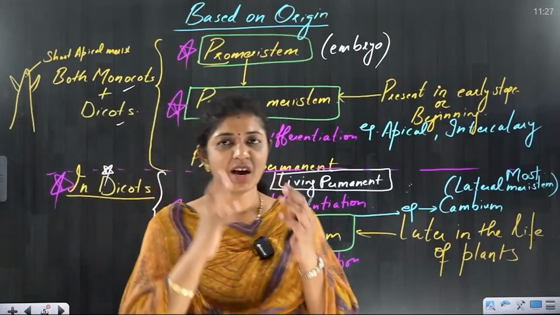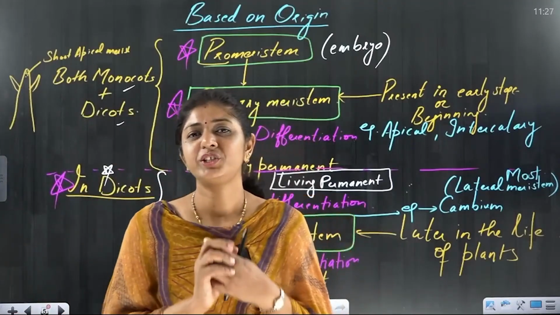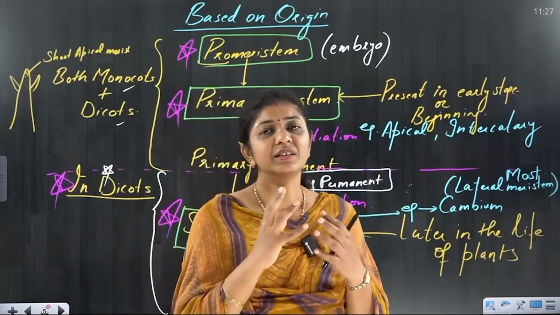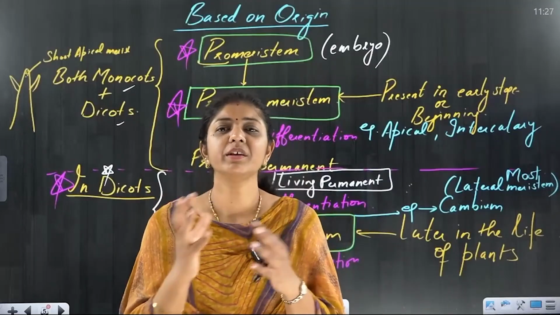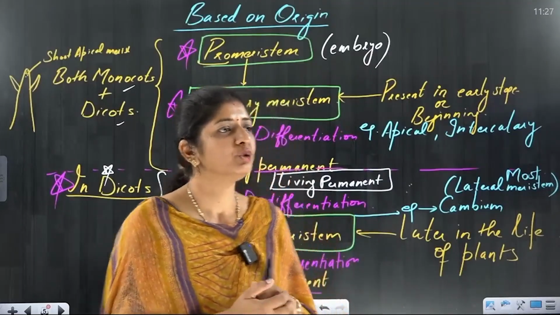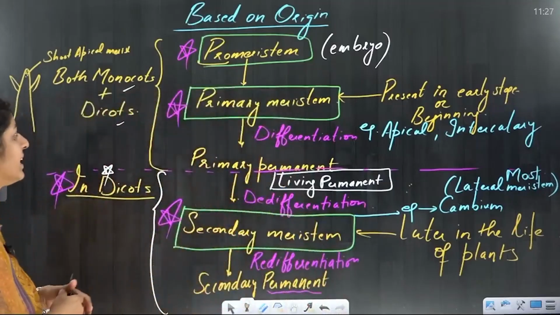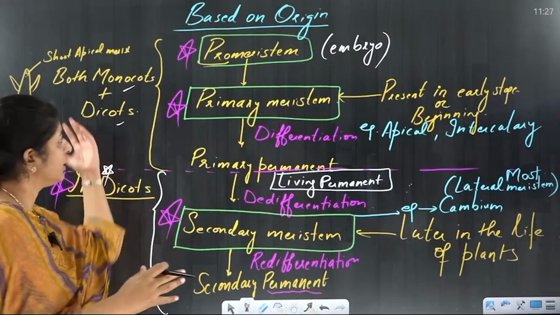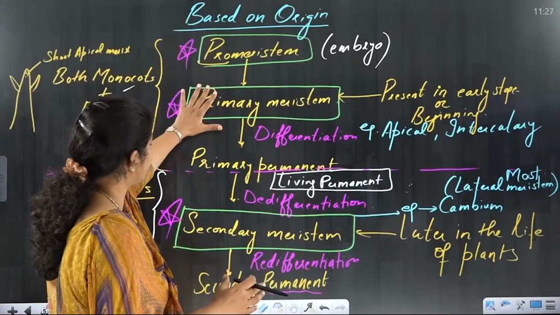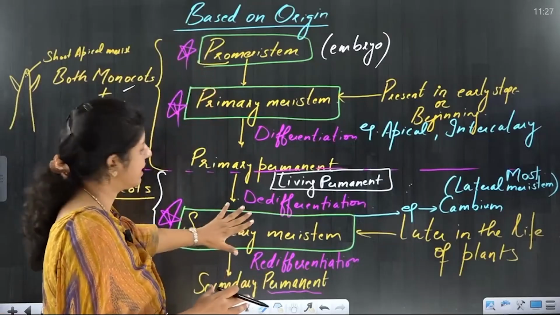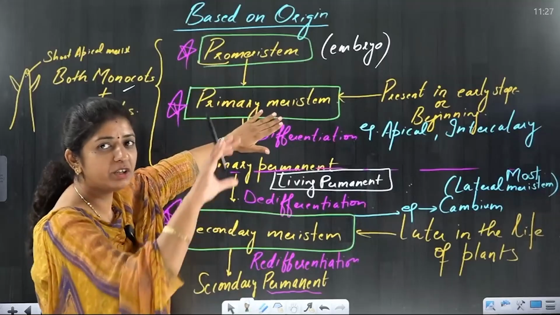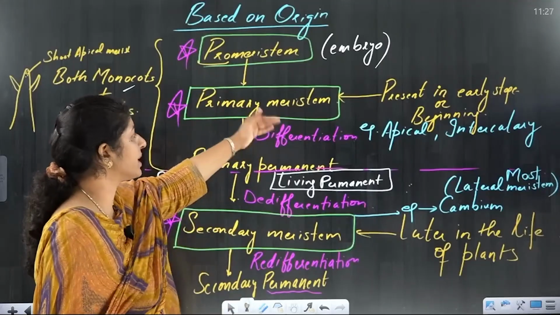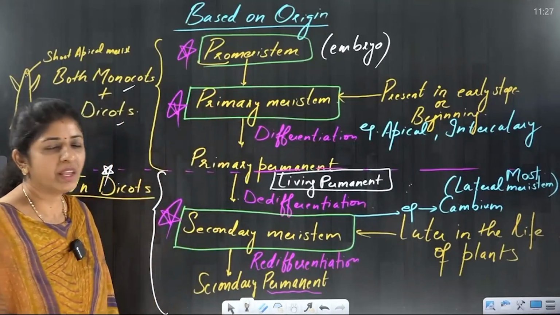See the way we are learning, see the way I am asking you the question. These are the level of the NEET, what you are learning, how to reversely you have to correlate, right? So just keep in your mind that based on origin, you are having pro-meristem, primary meristem, secondary meristem. Otherwise, origin of all will be pro-meristem, or if in options in your questions they have given primary meristem, then that will be your answer.